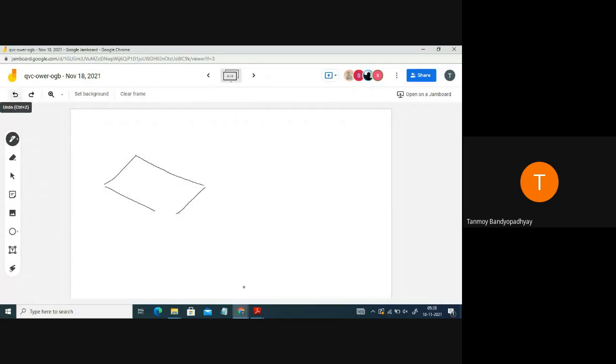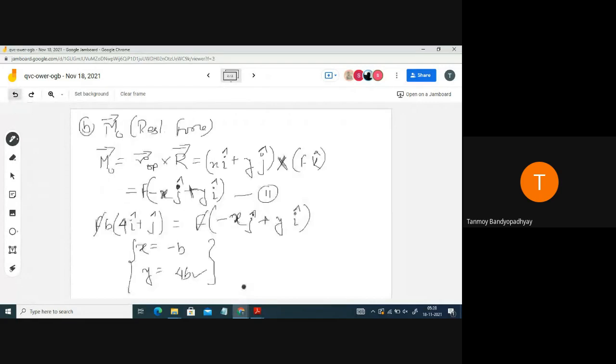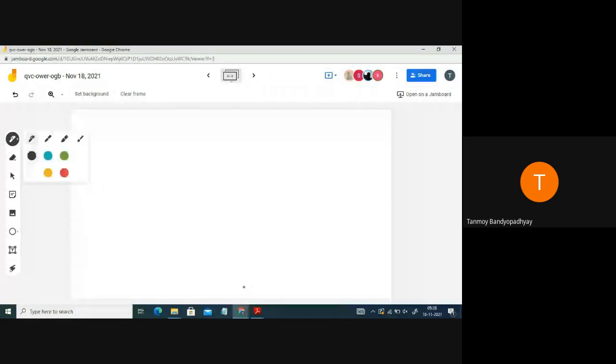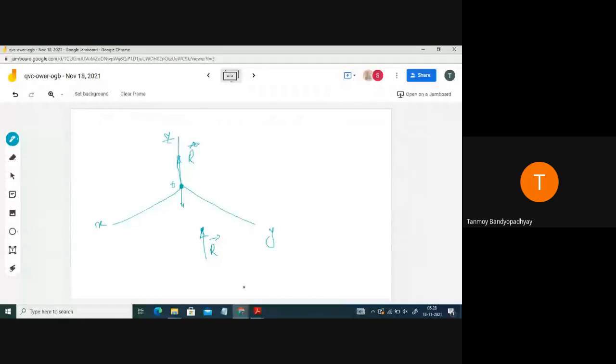Let's not draw the plate, let's just draw the axis system for this one. This is X, this is Y, this is Z. The force is acting somewhere around here, so this is vector R. What was the procedure that we follow? Let us apply two equal and opposite forces at the point O, where I want to replace the force. This force and this force will form a couple.